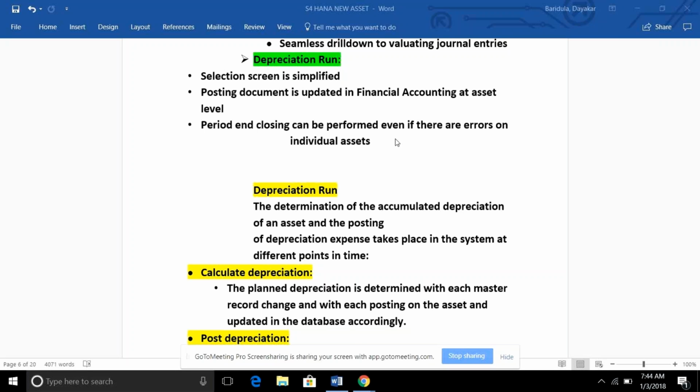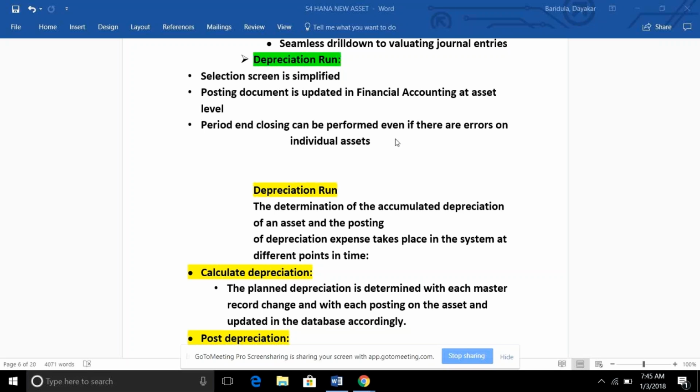But by year end we must ensure there is no restriction, because at year end level the restriction is there. So even if there are errors, we can post depreciation for the remaining assets.